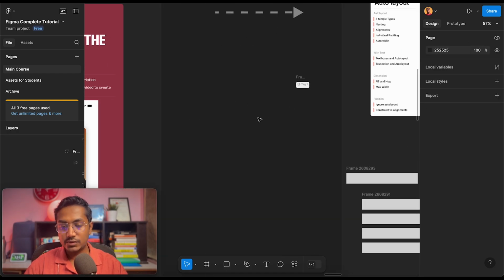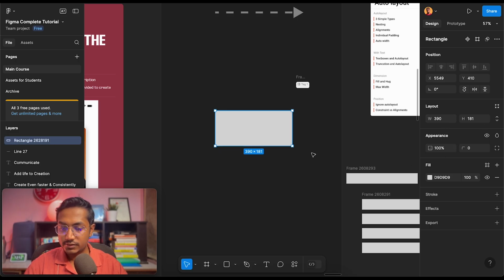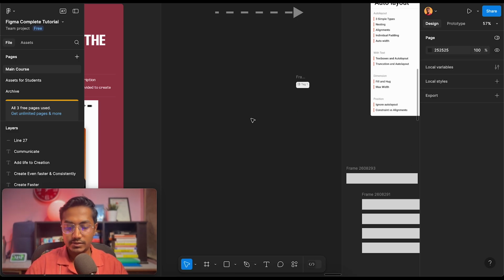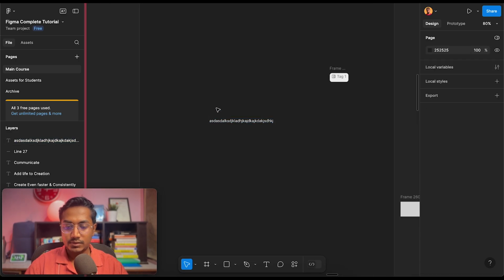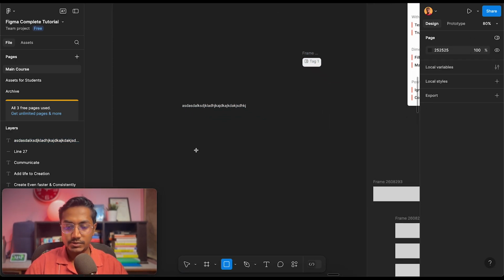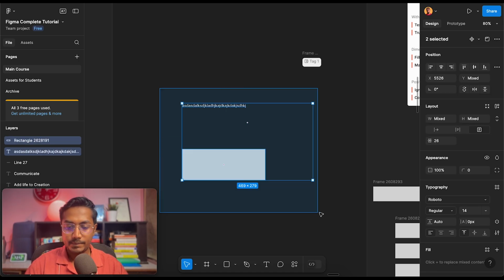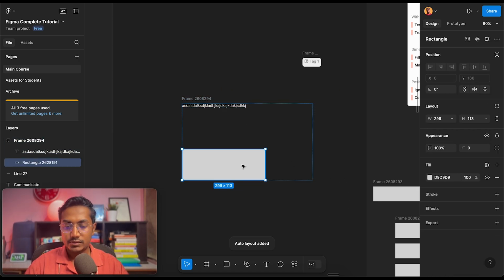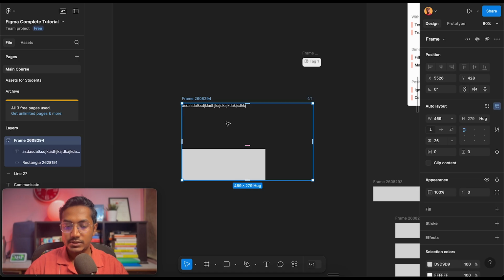But another thing to note is, when you create a text box like this, which is fixed width, and you add stuff like this, when you add another item to it, let's say this, and the text box needs to be auto layout, right? So what will happen again in auto layout, if I select it and move it, then it moves like this, right? What will happen is this guy's